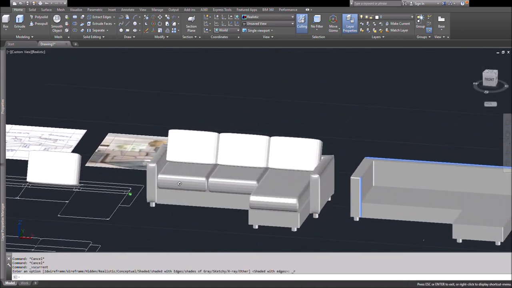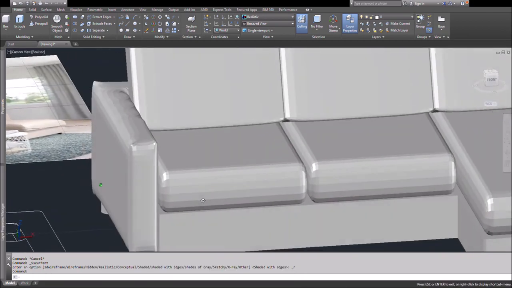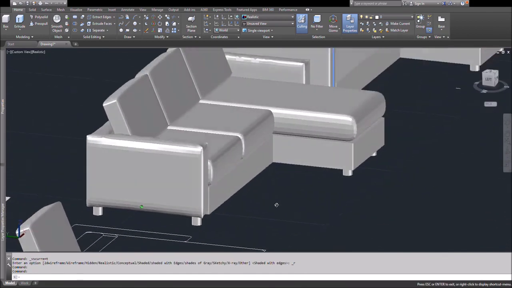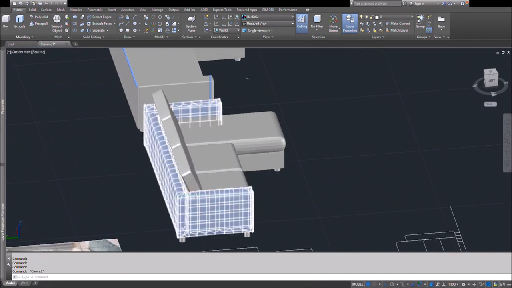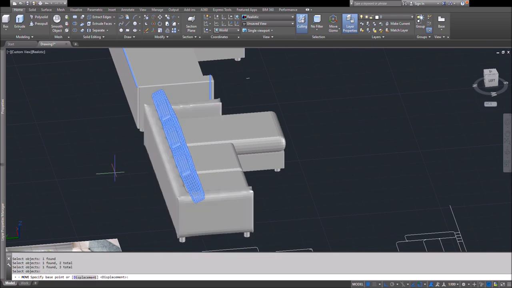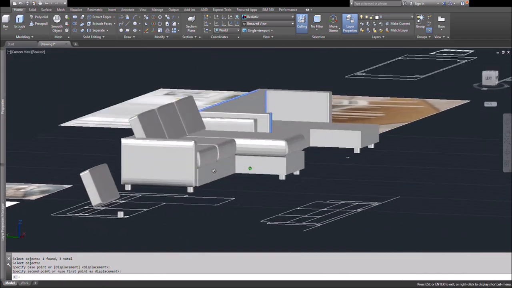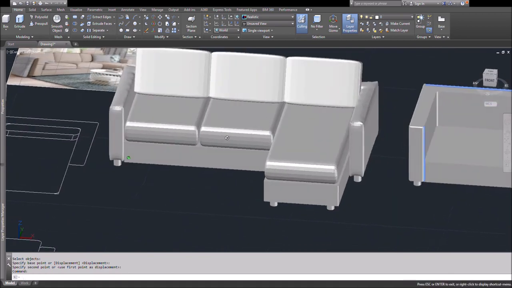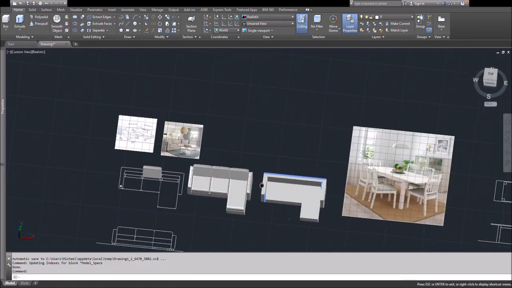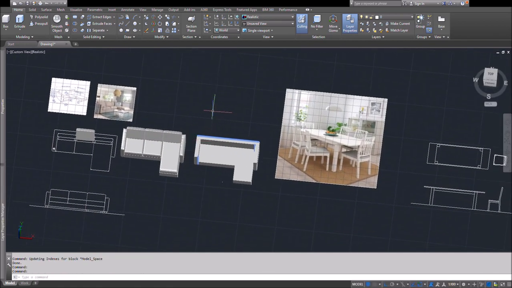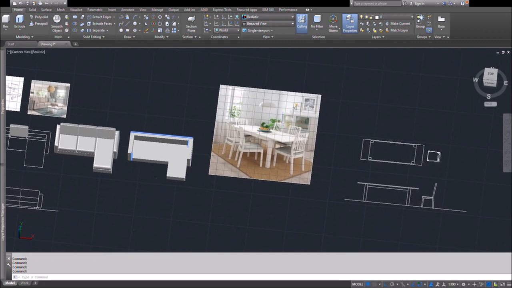That smooth surface is controlled by the mesh properties, and the more grids you put on it, the smoother it is, I should say. Or actually, if you look at it the other way, that probably makes more sense. The more grid you put on it, the denser that mesh is, the less blocky it looks, but the radiuses of all the smoothing become a little bit smaller. So, for instance, the cushions I just modeled had maybe 8